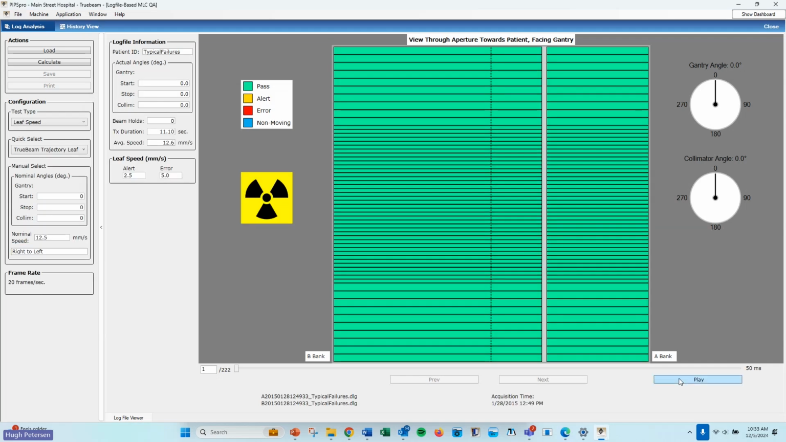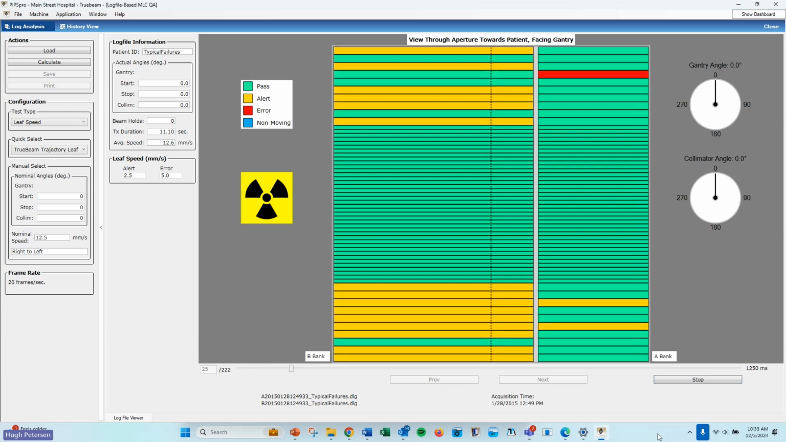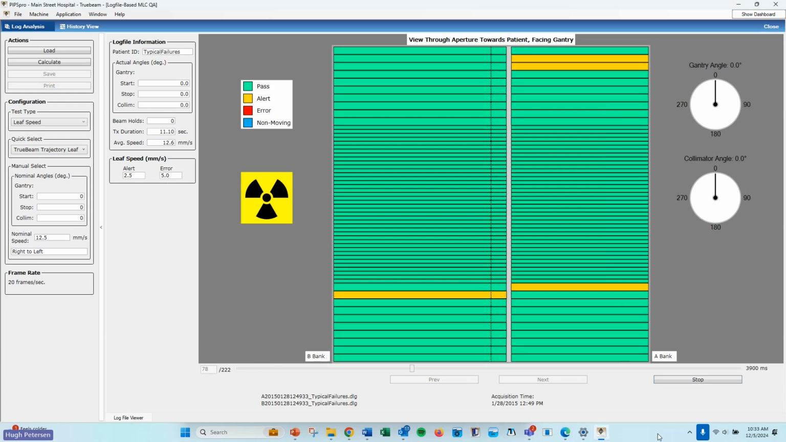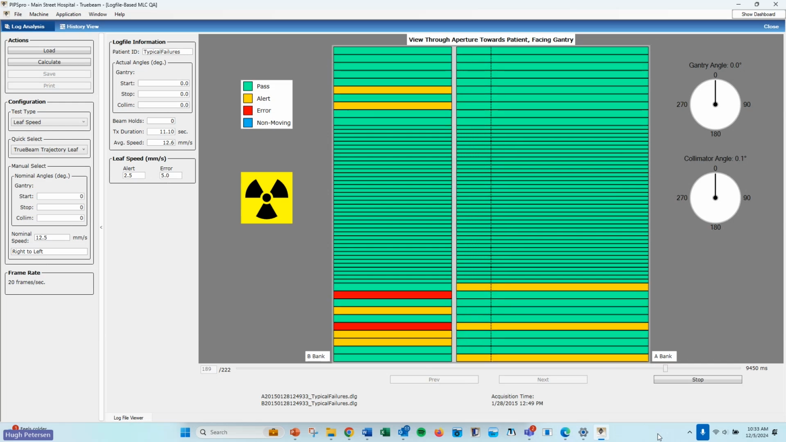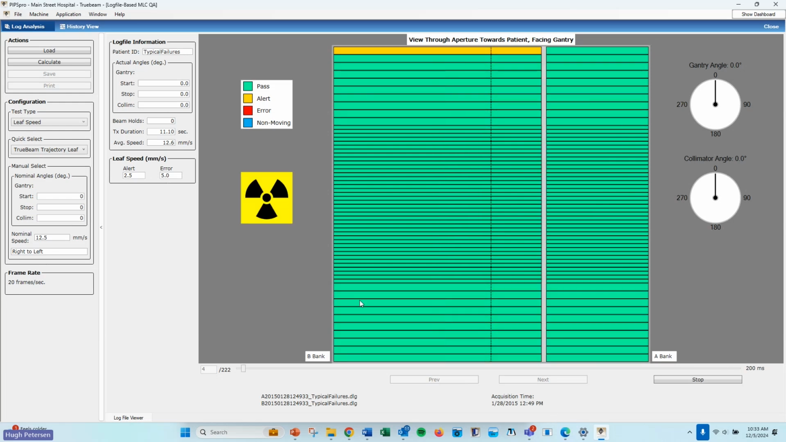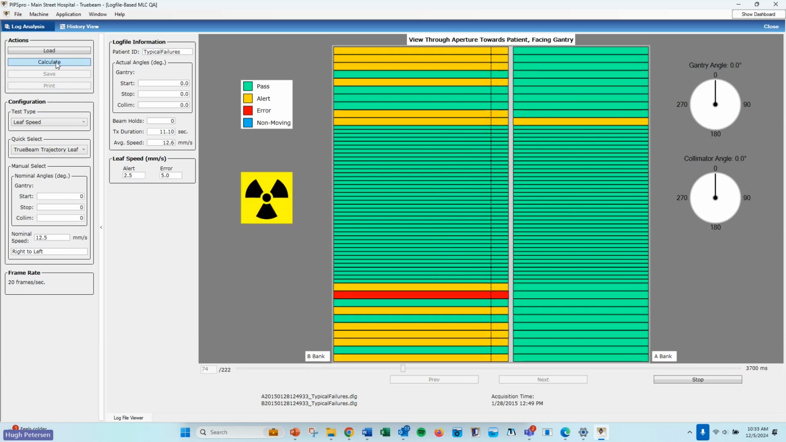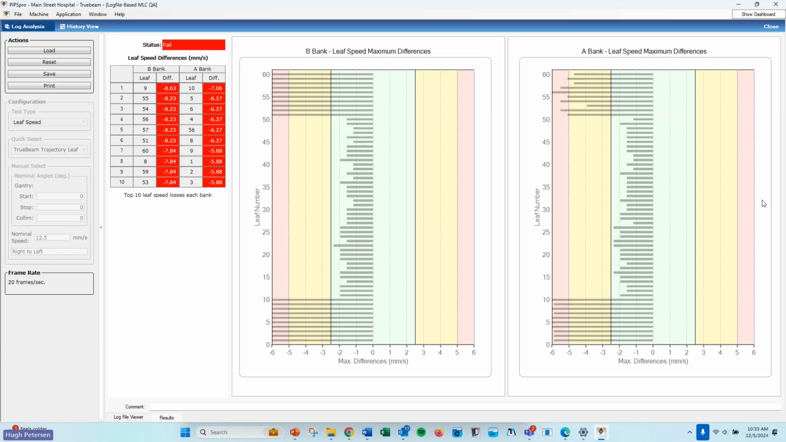Open that up, and I can just kind of play that. You can get a visual representation of what's going on. You'll see some of the cautions and some of the failures across the field for the different leafs. But then if I want to calculate that over here, I can calculate it, and I can see a visual representation of each individual leaf speed loss. And you'll see here, this is somewhat representative of what you might see on an MLC that might need some attention, obviously, because we've got your outer leaves here showing some significant leaf speed loss,